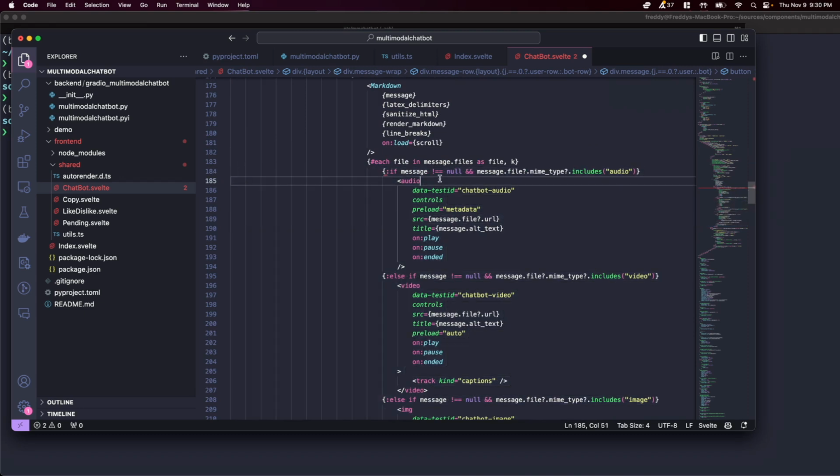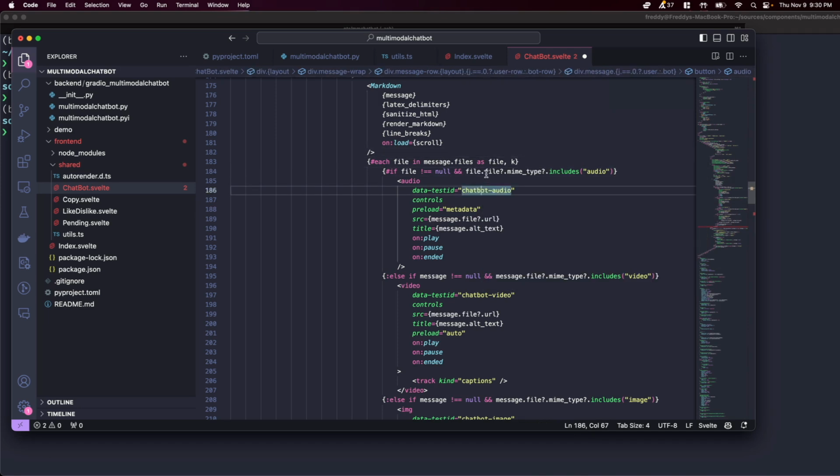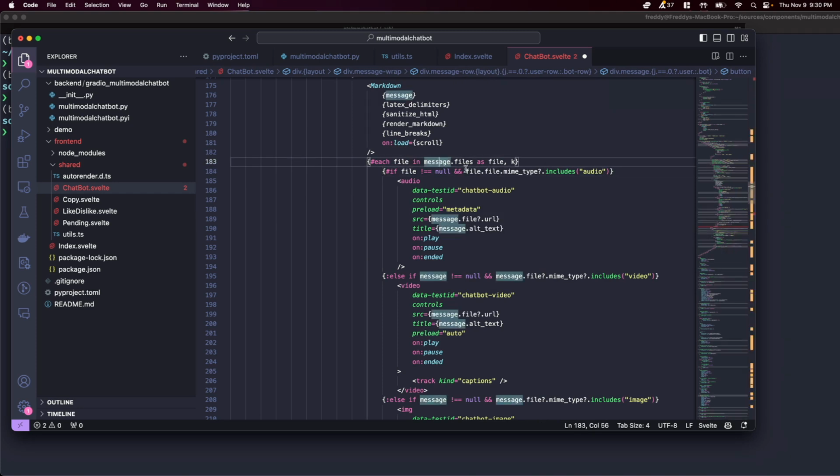Bring that in there. Okay. So is this the right? Oh, it's hashtag if. So if file is not null and file MIME type includes audio. So